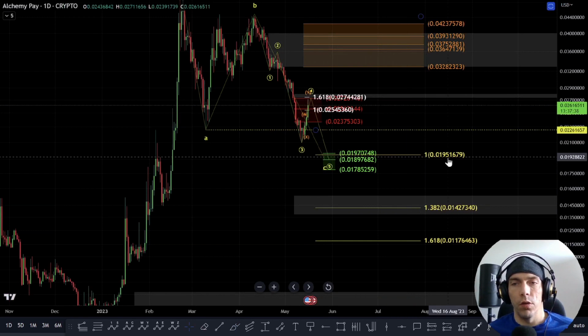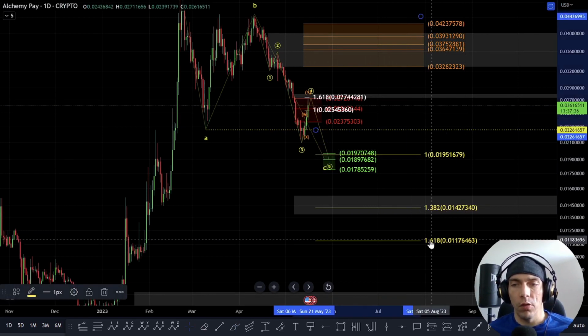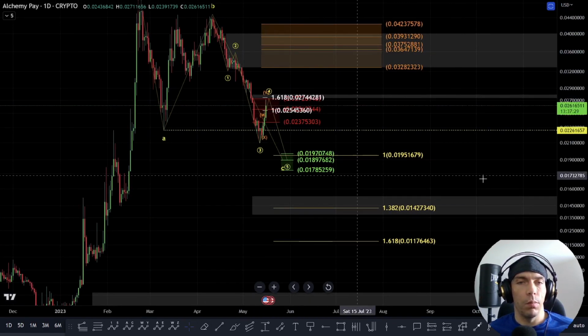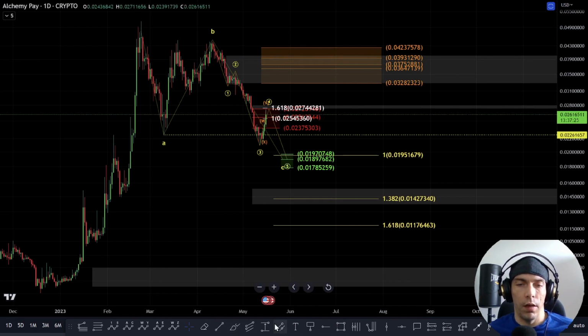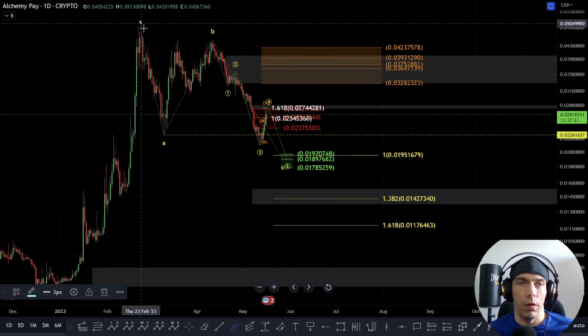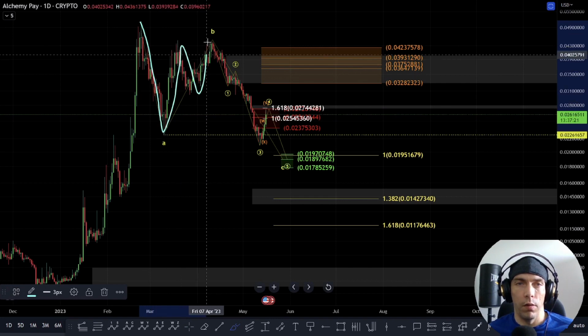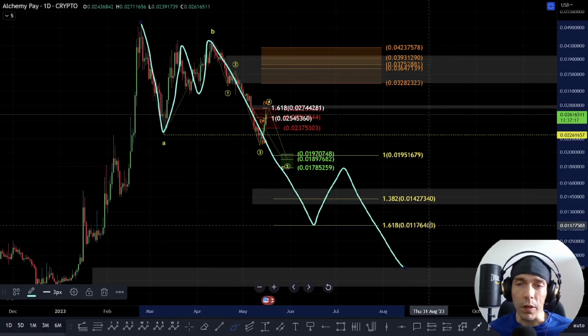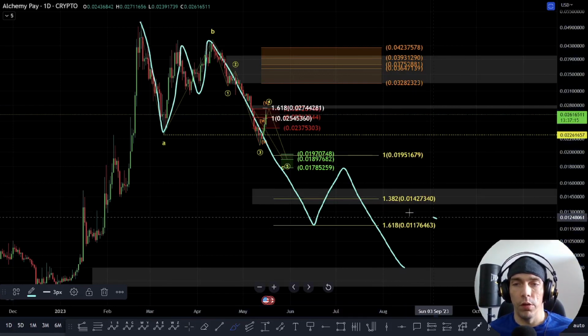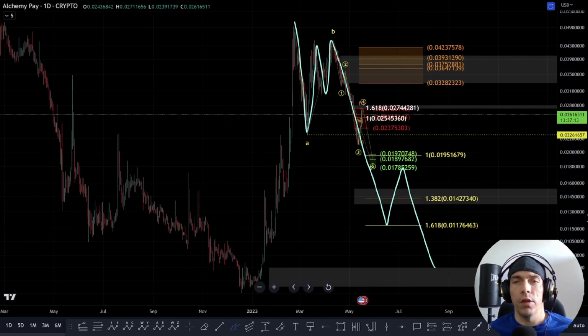If this move starts to break down in a bigger way here, and we actually start to push down towards this zone of this 0.017 area, this is going to give us potential that this move from this high here is rather looking at it in this manner, where this would become 1, this would become 2, this all would become a third, fourth, and a fifth. So we really want to stay away from this 1618